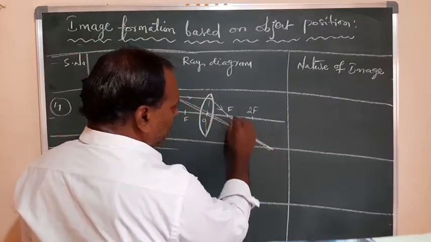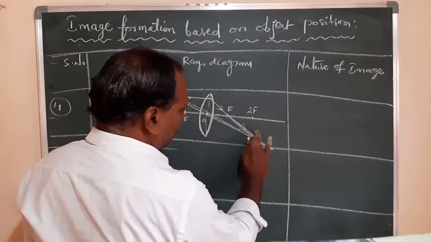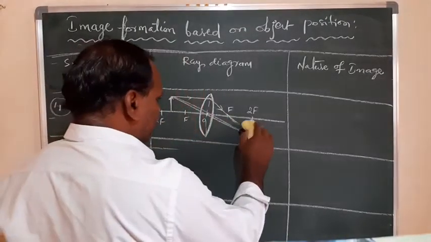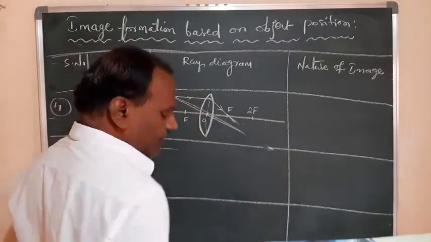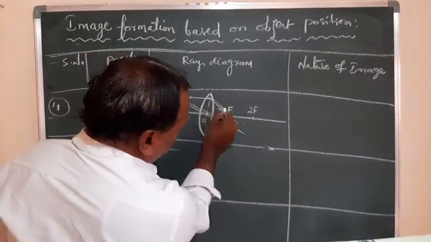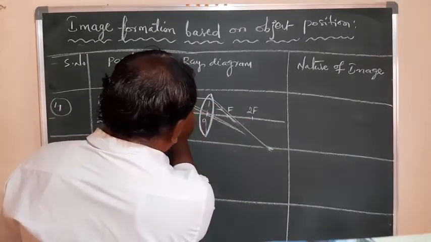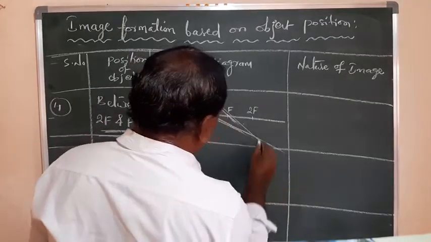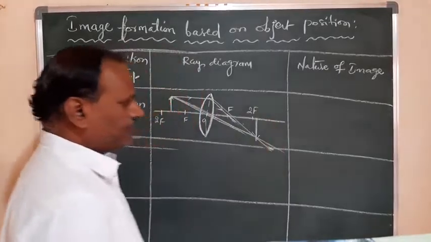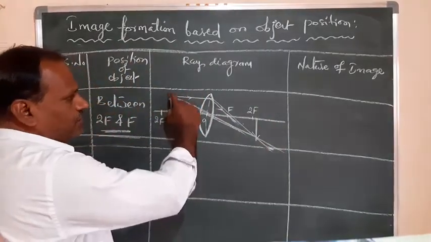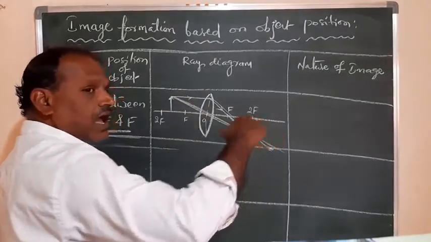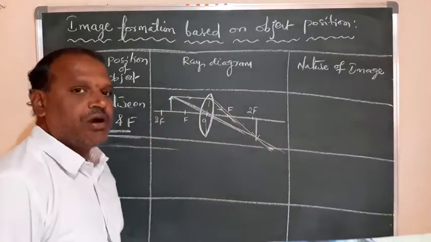So these two rays are intersecting at a point where the image is obtained. So that I have drawn here. It is a single line I put here like this, and here it is like this. So the image will form beyond the 2F, and you can observe this object and image sizes are different. So this image is having more size than this object.